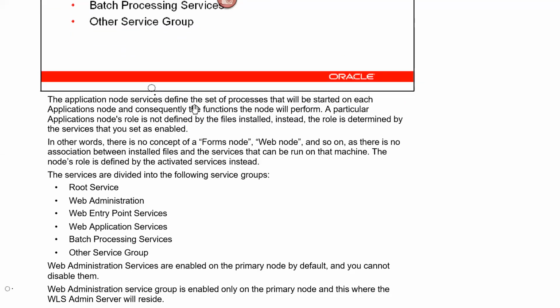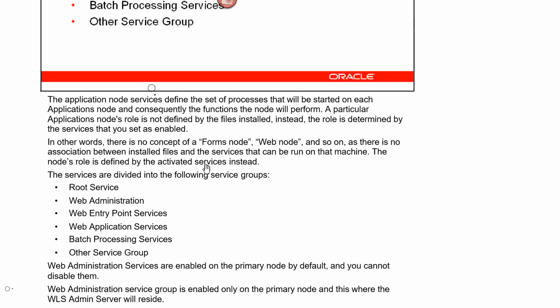The application node services define the set of processes that will be started on each application node, and consequently the functions the node will perform. A particular application node role is not defined by files. Instead, the role is determined by the services. Yes. In other words, there is no concept like a forms node or a web node and so on. As there is no association between the installation files and the services,